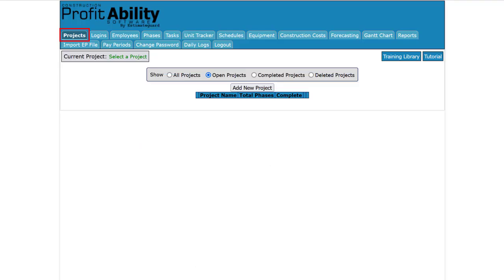In order to set up a new project, you want to select the Projects tab. This is the project status bar. The options are Show All Projects, Open Projects, which are projects that are currently under construction, Completed Projects, and Deleted